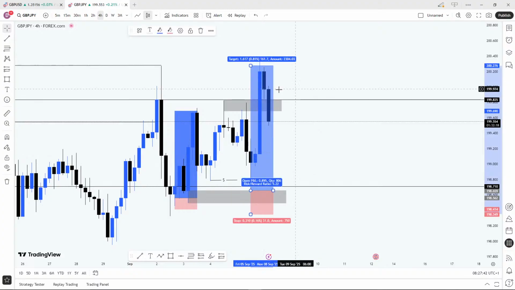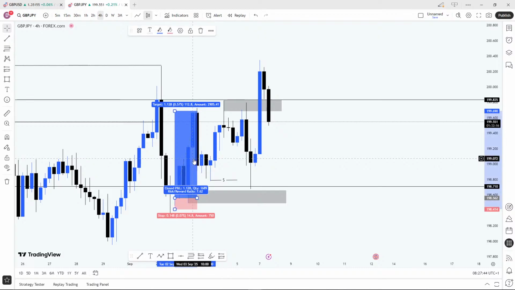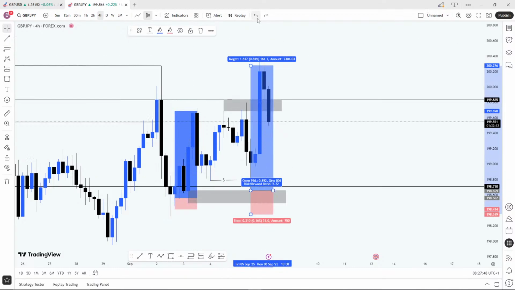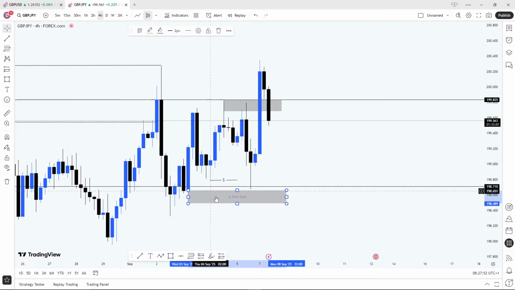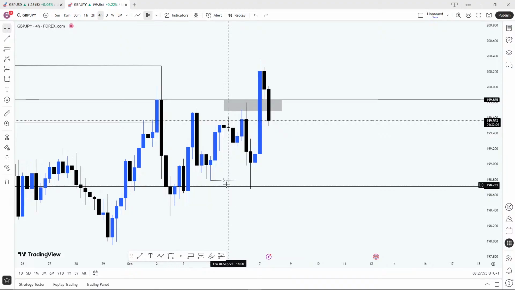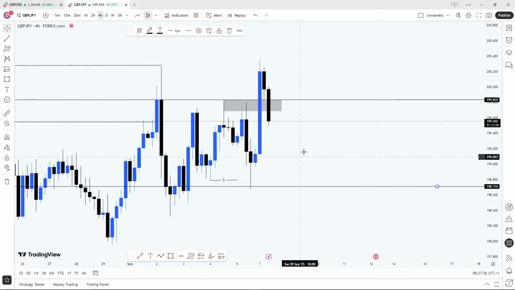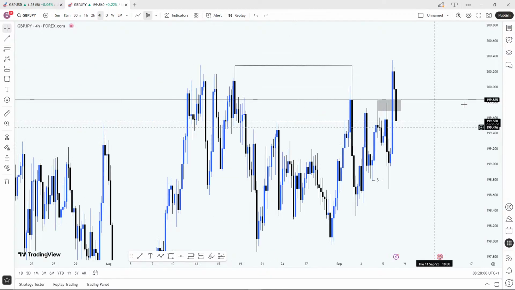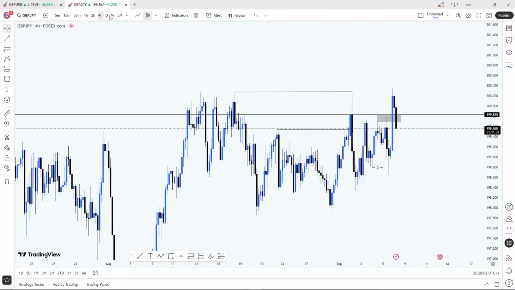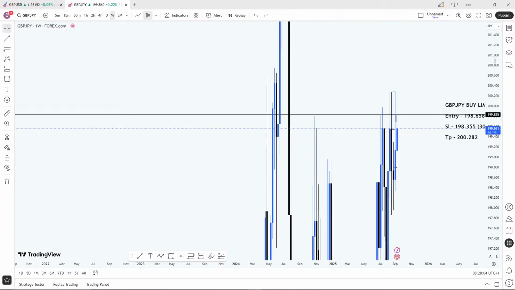So let's remove it. And this was a trade I took 1:7. Our trade, which was the setup that missed, was about 1:5, right? But I don't know why it missed. So let's see if we're gonna keep looking out for buys, or we should change our bias and start looking out for sales, right? Now, on the higher time frame, let's see where this price just got to.